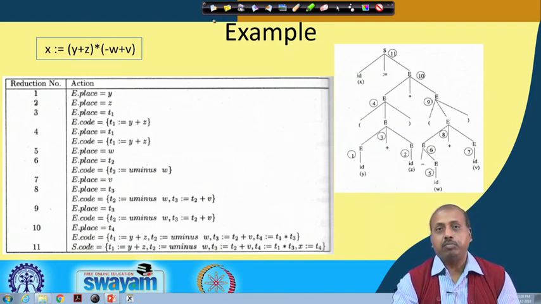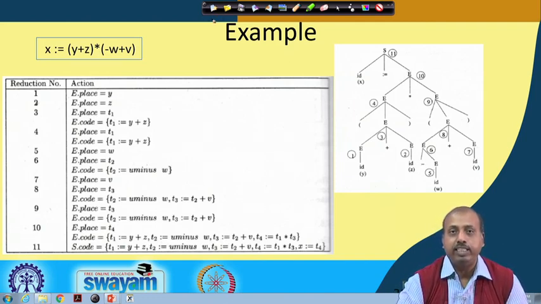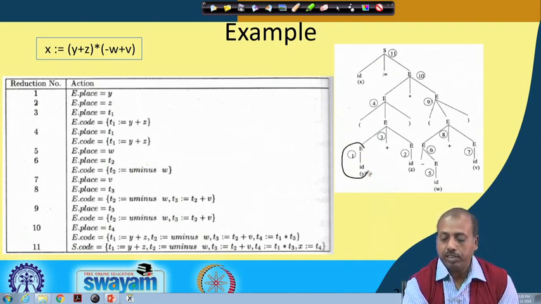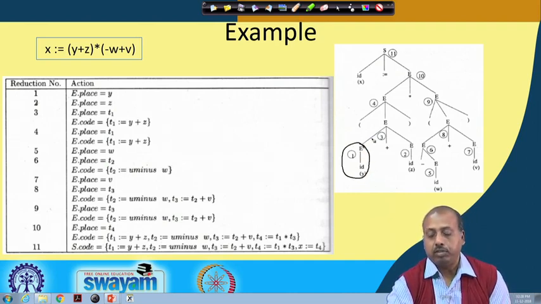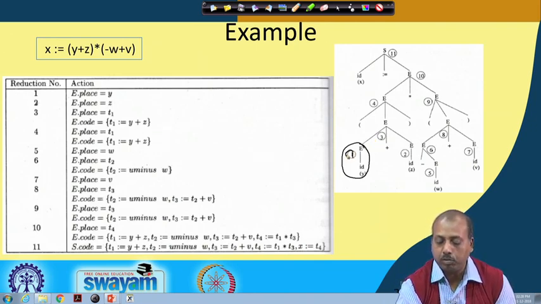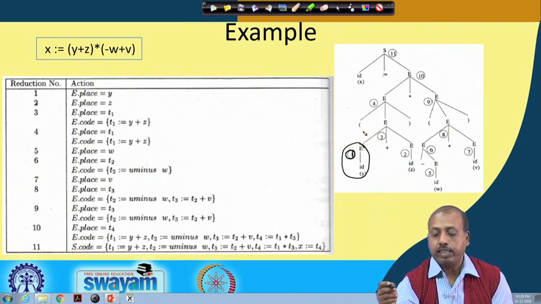Now, when this parse tree is being generated, you know that the LR parsing strategy does reduction in the reverse order. So, we have to identify which reduction will be done at the beginning. The first reduction that is done is this one: E producing ID. So, this will be reduced. We number this reduction as 1 for the sake of our understanding.